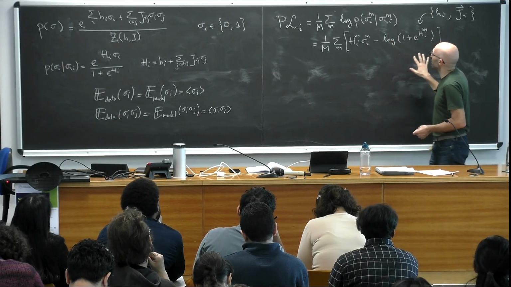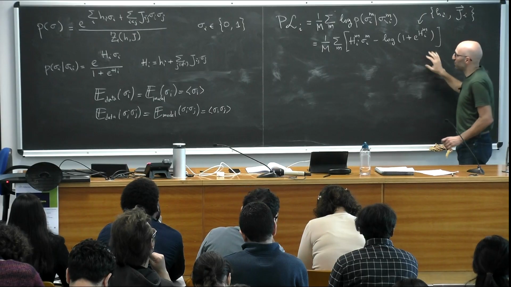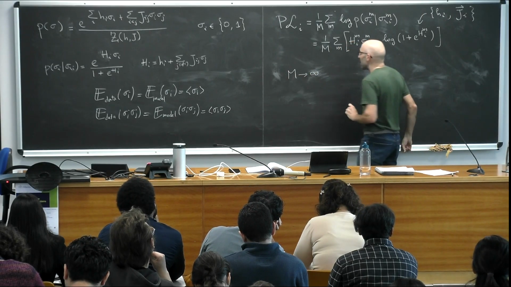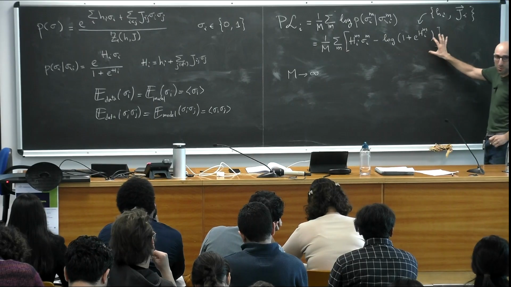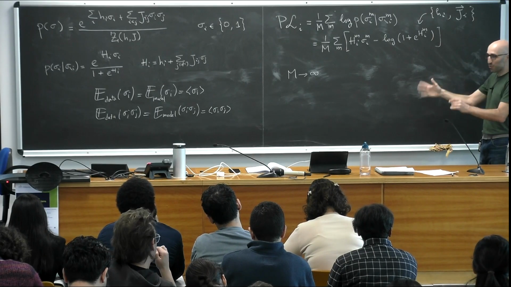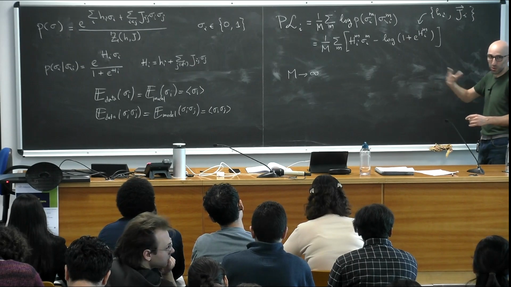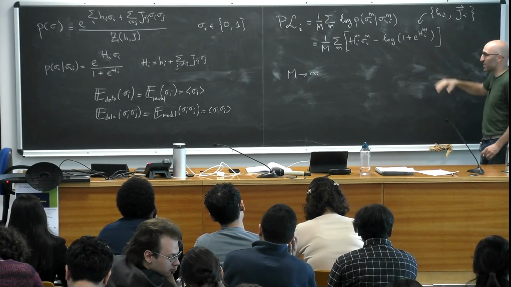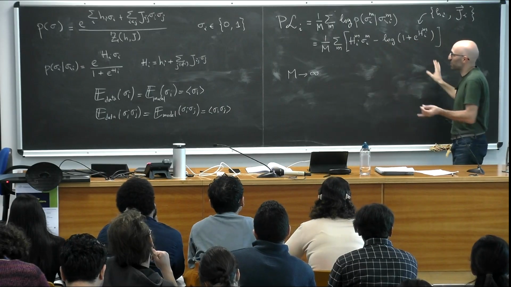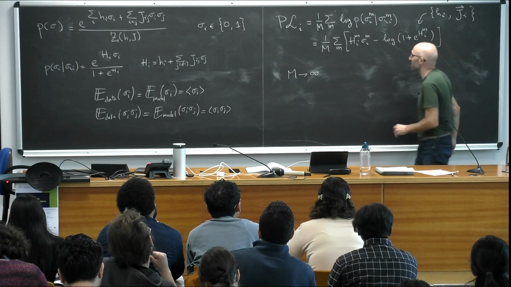Why? First of all, you remember, you can show that if you have infinite data, then pseudo-likelihood maximization is the same as Boltzmann learning. We showed it for Gaussian variables, but it's true also in this case. So if you have infinite data, maximizing the pseudo-likelihood will give you the same as Boltzmann learning,